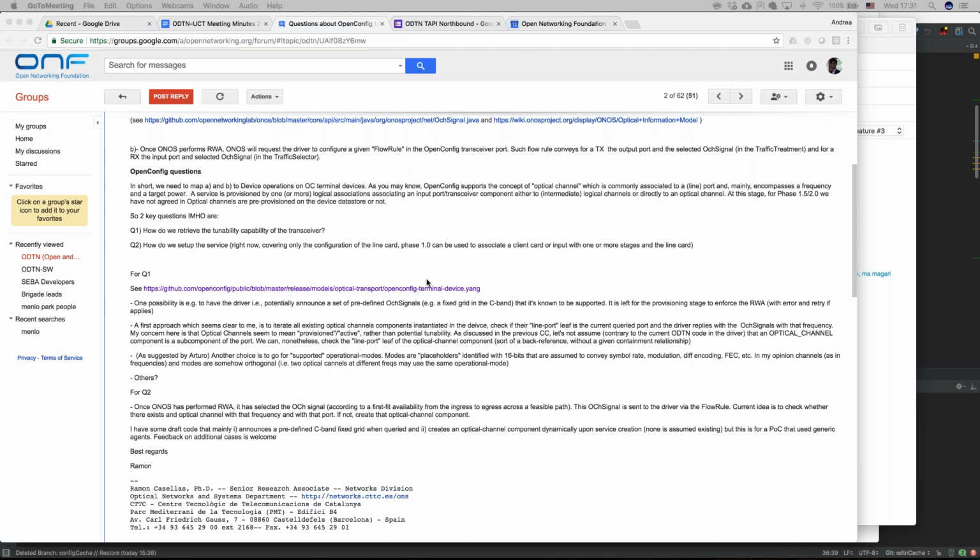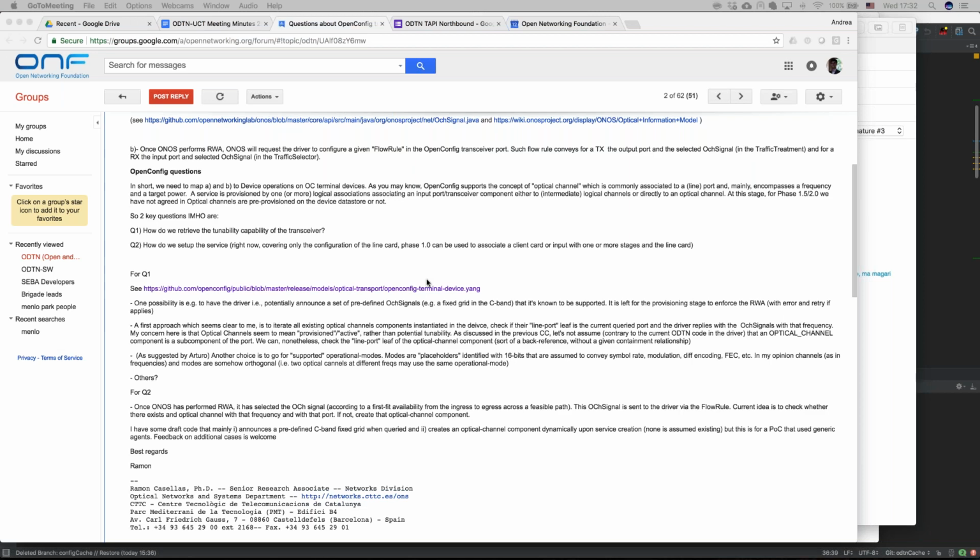And the third option, which depends a little on the question I raised for the second assumption, is that you could potentially impose that all the ODTN devices that implement OpenConfig include a property value, including the grid type of transmission and tunability capabilities. This is a placeholder that OpenConfig left for vendor proprietary information. So it's something we could decide here in this community: we impose this and ask for this information as a property value within the device. These are the three alternatives that I see for